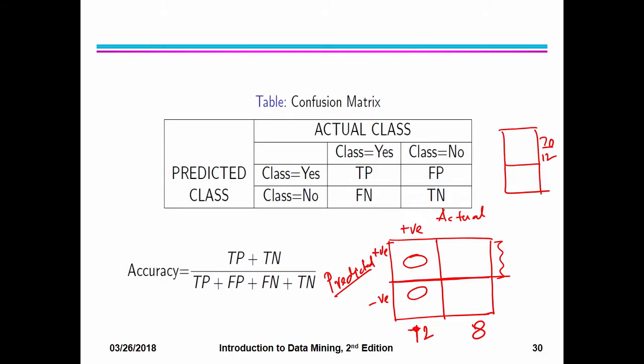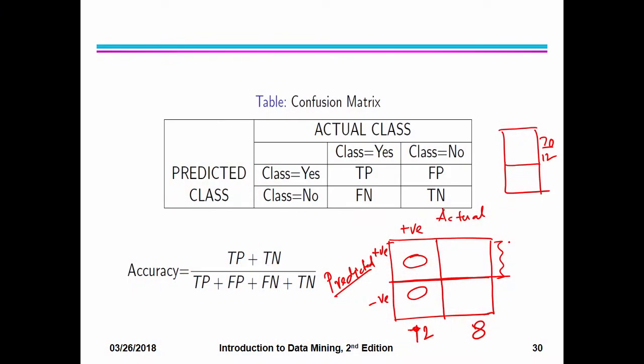As I said in the last class, suppose a classifier says all are positive class, there is no negative class, then it says the total is positive class. So this should be 20, but it cannot actually be all positive class, because out of 20 there will be 12 positive class. So obviously there should be 12 here and 8 here, and both entries are 0. I think this is clear.